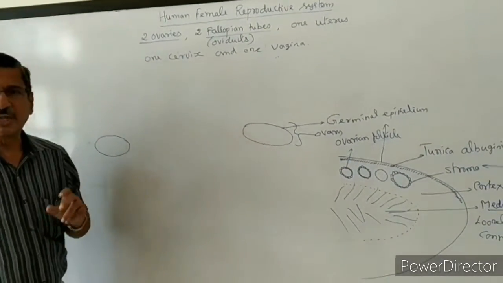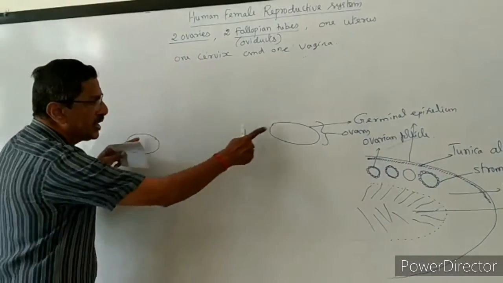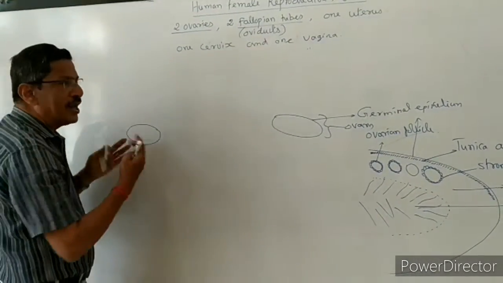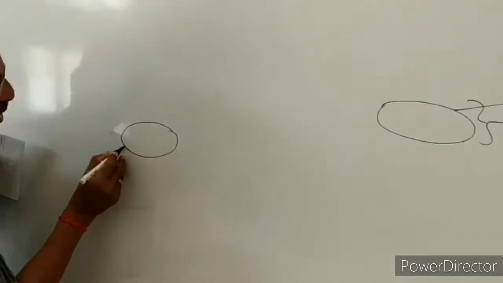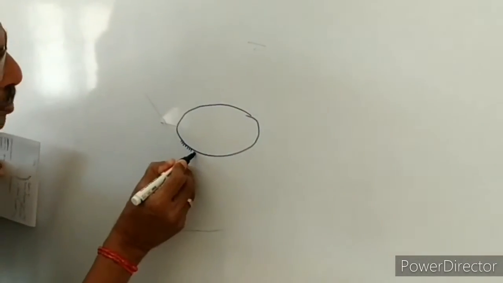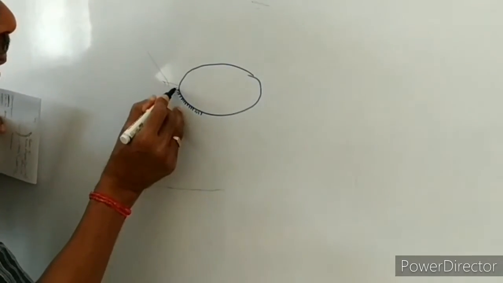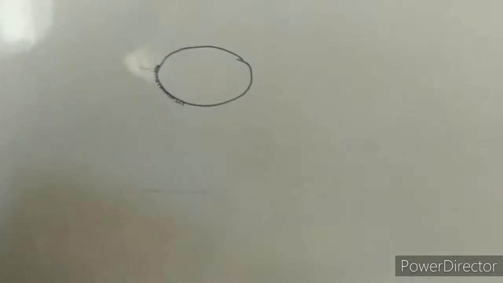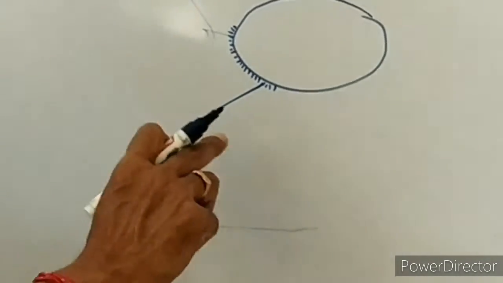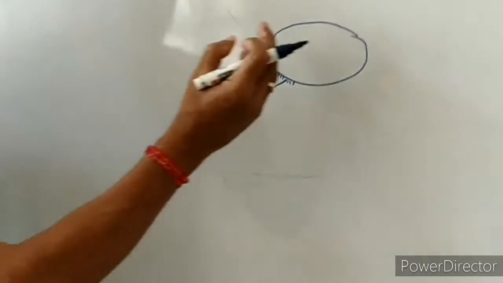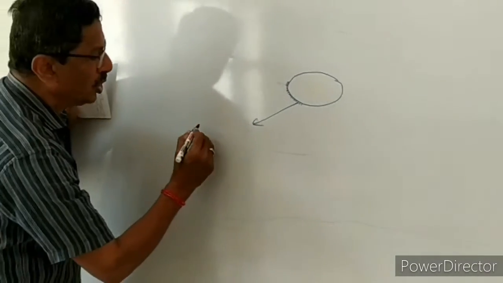The two ovaries are present in the abdomen, very close to the kidneys, as I told. How are they attached to the back body wall? Now I take one ovary. They are attached to the back body wall with the help of a number of thread-like structures. They are holding and binding it to the back body wall. These fiber-like structures present outside the ovary, holding the ovary to the back body wall, are called